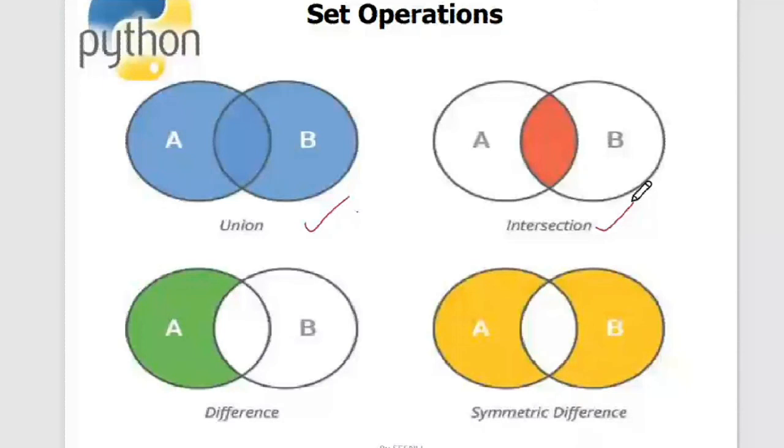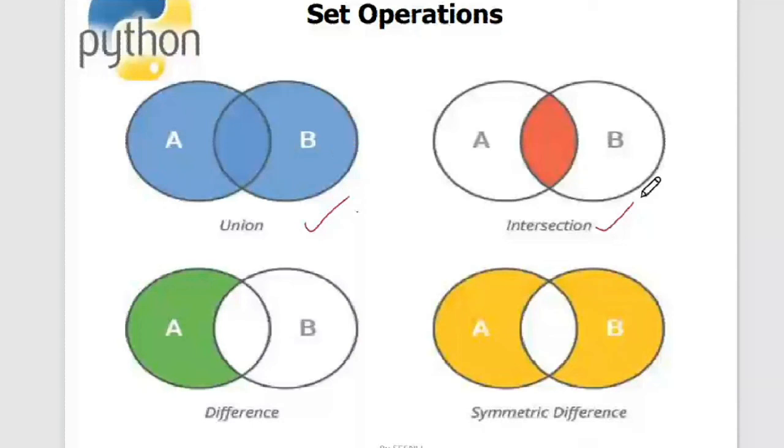When you apply union on 2 sets, you can see the diagram. Everything is colored, meaning that everything from A and everything from B will be given as the result. So it is A or B, everything. Now coming to the intersection. Intersection is the commonalities between the A and B sets. All the common elements between A and B will be given as the result.